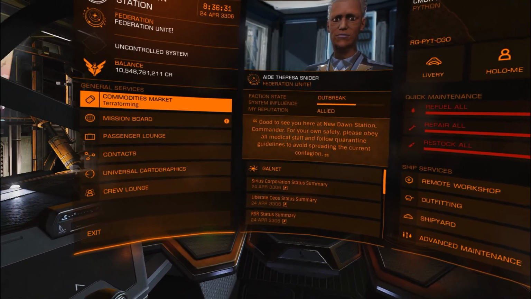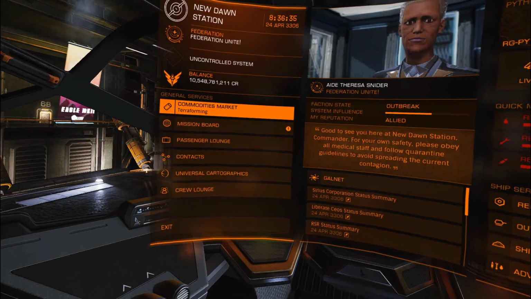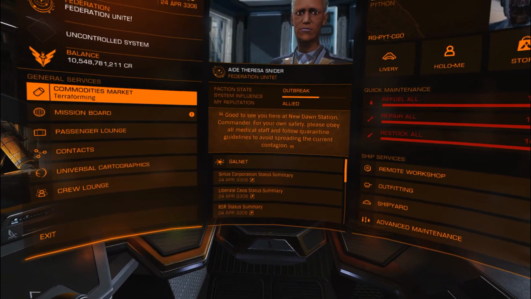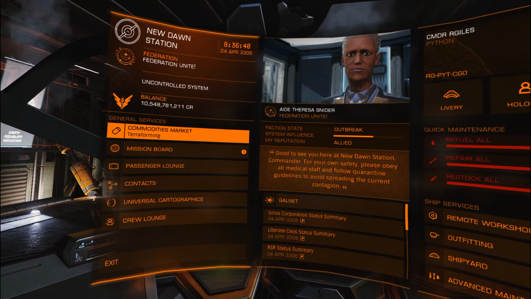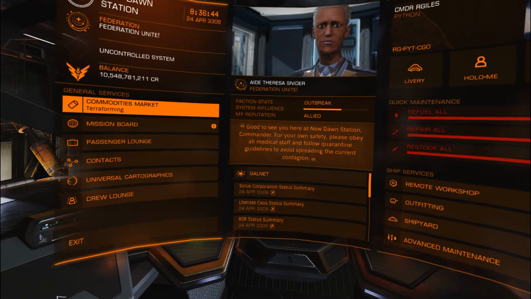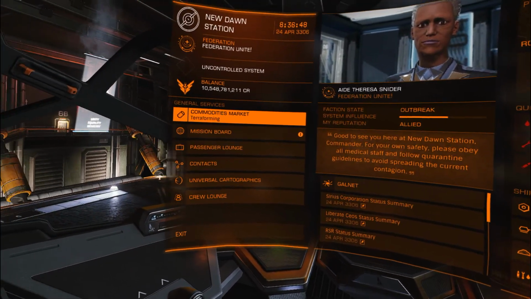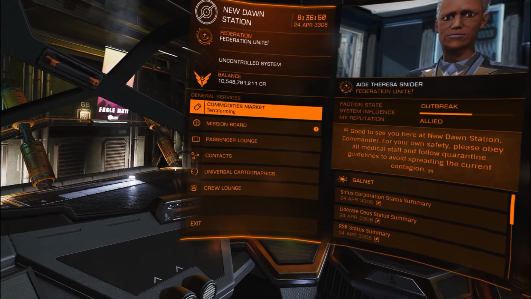Well, we have found out when the snapshot for Beta 2 is going to be taken. It's going to be taken on April the 30th. So you have about 5 to 6 days of grinding. So what that means is for me,